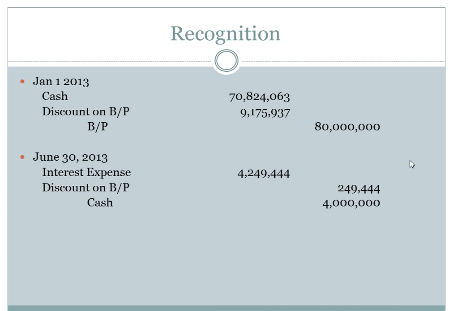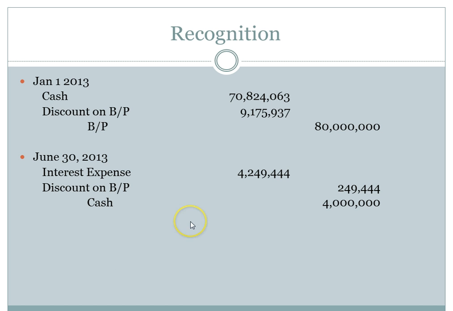Whether a bond is issued at a discount or a premium, the book value is always going to work toward face value. Whether it starts out above face value initially or at a discount below face value, like in this example, in either case, the amortization process is always going to force the book value closer and closer to that $80 million. Right now, we have another journal entry that we have to deal with here in 2013, and that